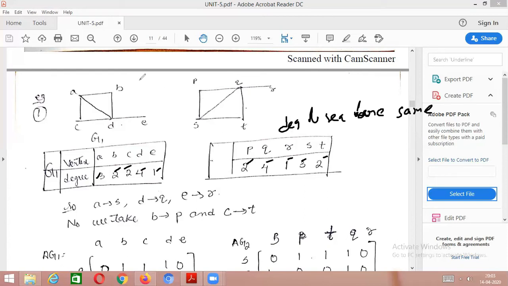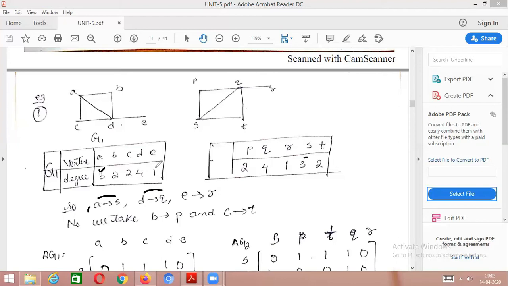Okay, so next we define one mapping. What does that mapping mean? For example, A has degree 3. What has degree 3 in the second graph? S has degree 3. So we map A to S. Isomorphism means we have to define one function. How to define it: like this. Next, degree 4: D vertex has degree 4, and Q vertex has degree 4. So D to Q. So A is in the domain, S is in the codomain.